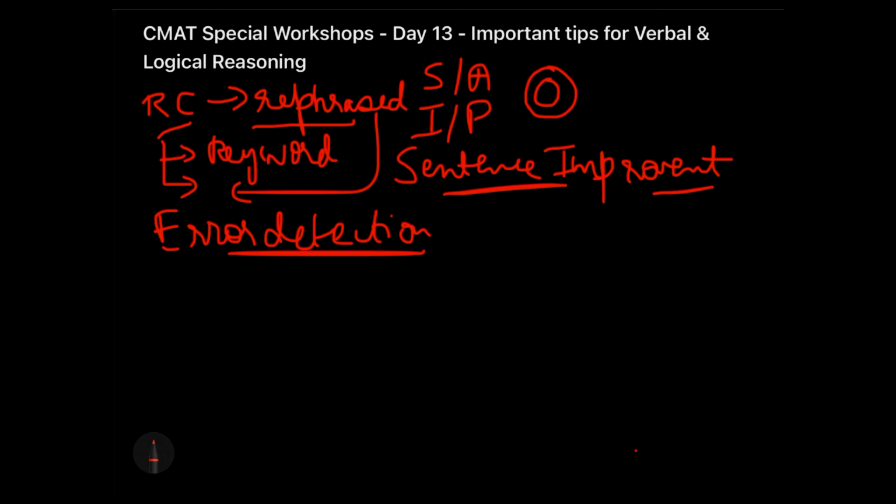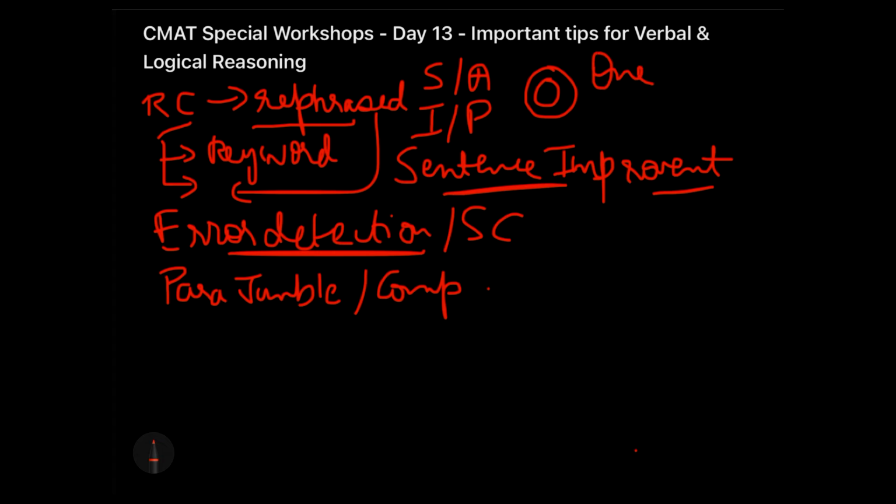Okay, so error detection, sentence correction come hand in hand together. Okay, and then you have questions on para jumbles and para completions. So para jumbles and para completions भी एक important part है इस paper का. Now, what are the tips which I can provide you in all these sections? मैंने आपको बता तो दिया कि ये चीजें आती हैं, but how would you actually replace it? And one more vocabulary related question is one word substitution. So one word substitution is yet another very important section जहाँ पर surely you will get a question from that.